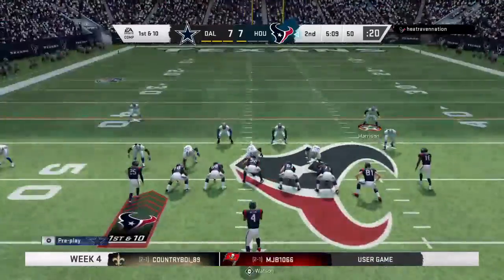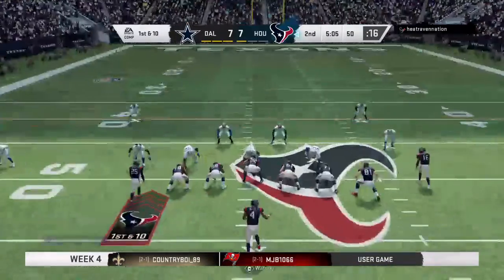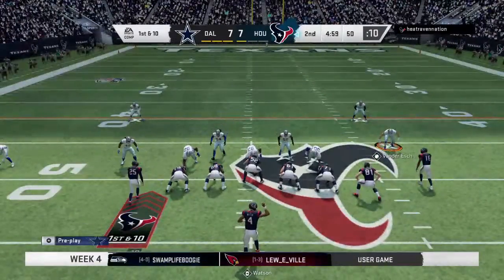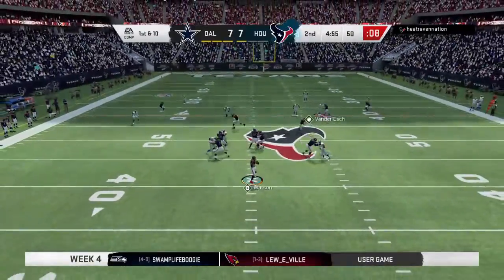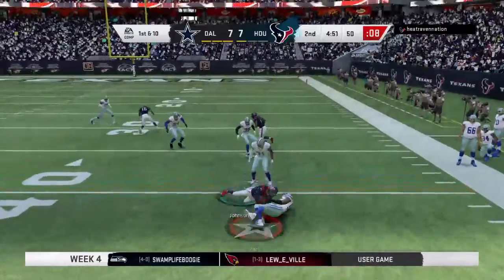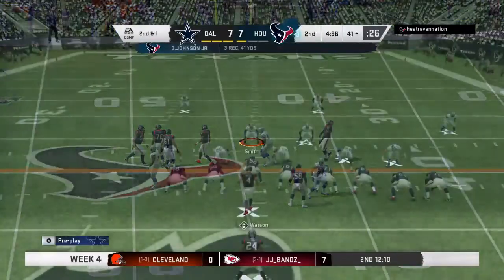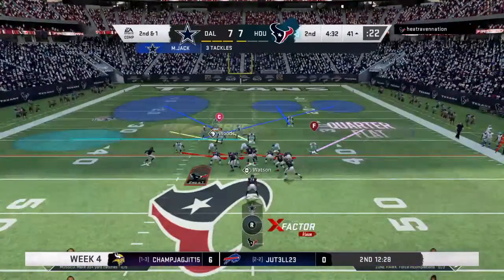First and 10 at the 50-yard line. From the 50, it's Watson. Johnson's got it, complete, and this will leave him a yard short. Nice pickup of 9 yards on first down. That last catch short of the marker by just a yard leaves him with a very manageable